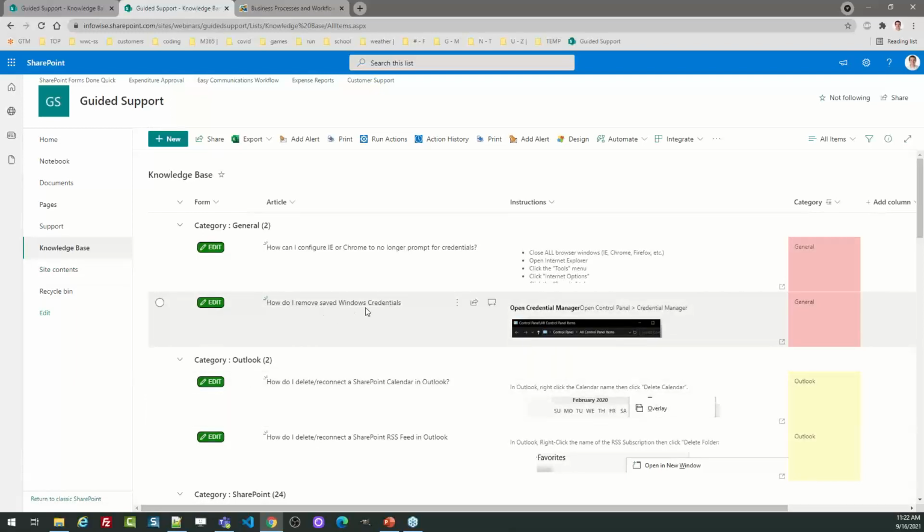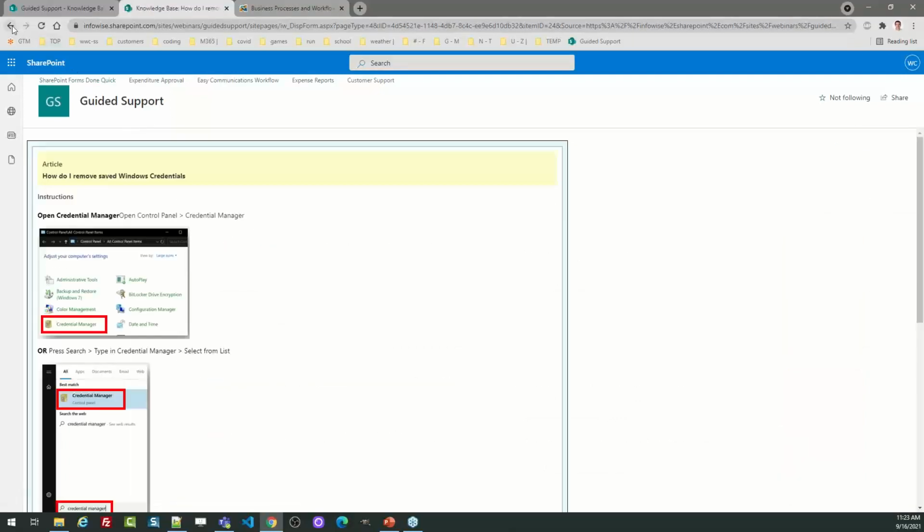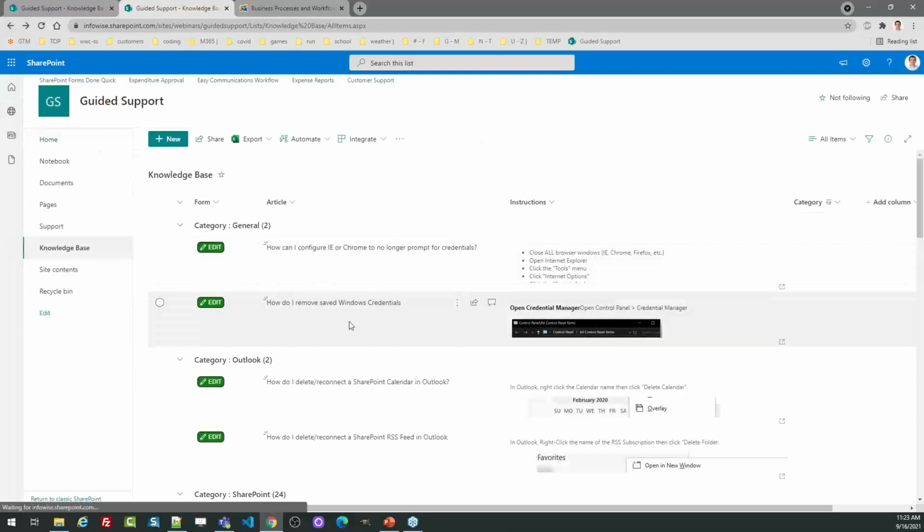How do I remove the saved Windows credentials? I can just go to this article, grab the link, and reply in the ticket and say, here's an article which shows you what to do. And I can reply in the email quickly, and I'm not wasting my time. I'm not retyping instructions that we've already described and I've helped somebody with 20 times. I'm not doing a web meeting with them. Instead, I've got a nicely written article which gives you the exact steps on what to do. So this is beneficial in that scenario as well, to more quickly and efficiently close out those repeat help ticket